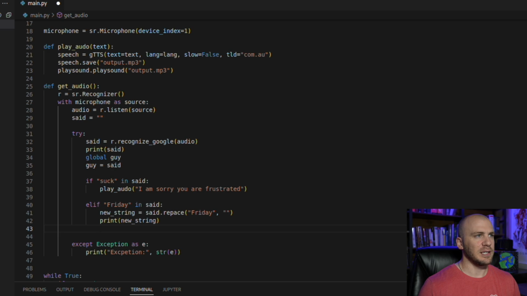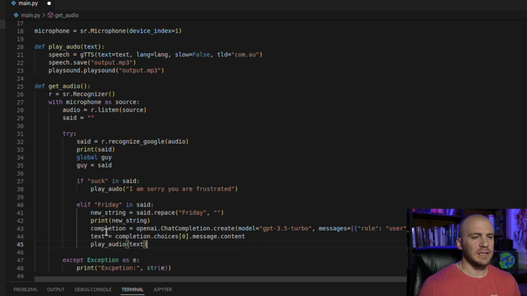And now here comes the more confusing part of this code, and that is only because we have to set up us as the user and then OpenAI as the backend. So we'll go ahead and type this out, and then I'm going to walk you through it and explain what is going on. Okay, so this is going to be our variable. It's going to be completion, and we have to make this a variable right here because we want to grab the first part of the choice that it actually gets back from OpenAI, and then we have the message content, and then we're going to play it.